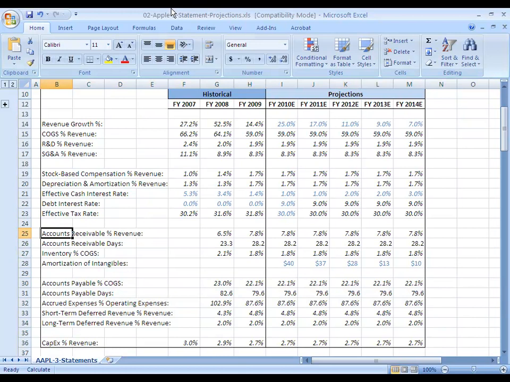And even in complex models, you still do very simple assumptions for the most part for these items because it's just not worth it, and you're not going to get that much more detailed data by getting more complex than what we see here. Relating to the balance sheet, another question is how do you project capital expenditures and then